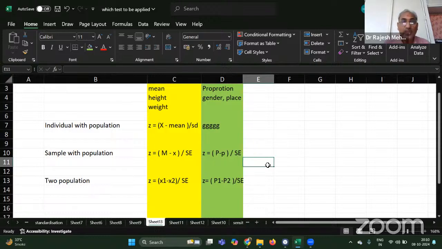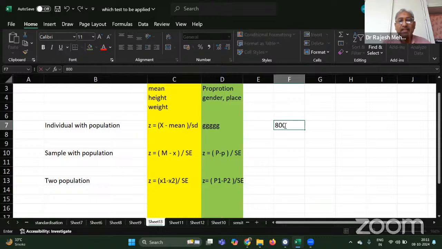So I will request all of you to at least write down one example where you can use this. Initially, I will give one example, I will calculate that, and then you will also do the same thing in your own case study. So first, see the individual with the population. Let me say that I have an example where there are